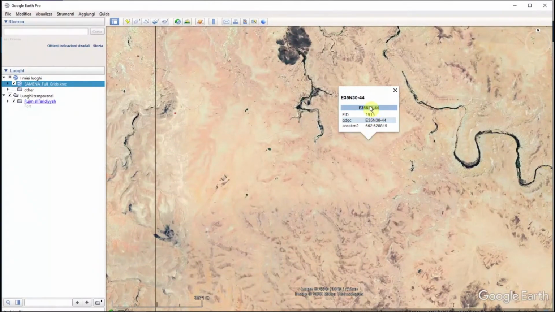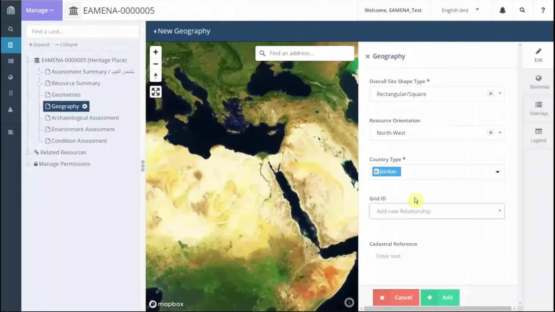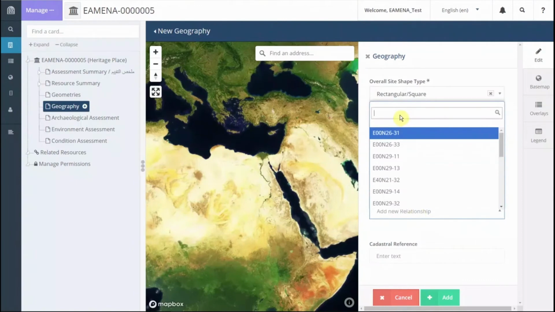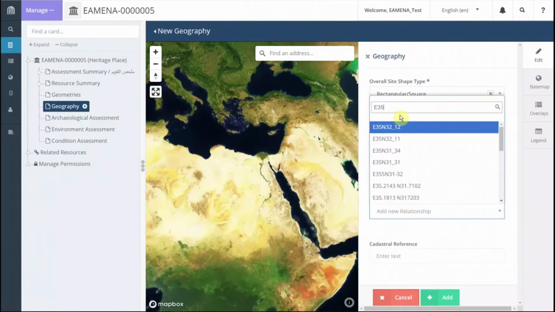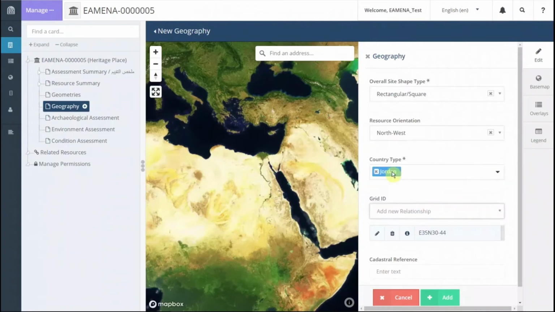The grid square number can be at this point copied in the database. To do that, you go back to the database, you click on the field grid ID, and you type in the square. We select the right one, and we create a relationship between the heritage place and the right square.